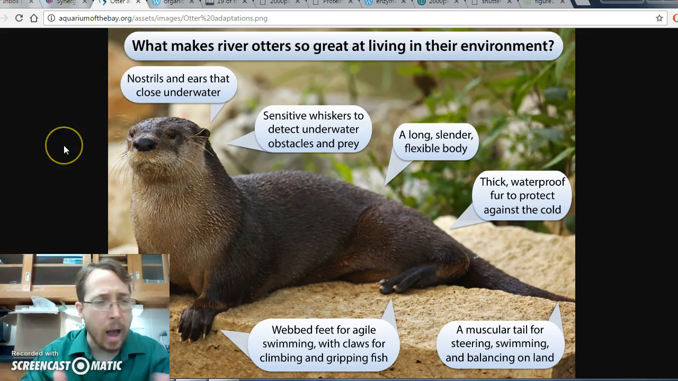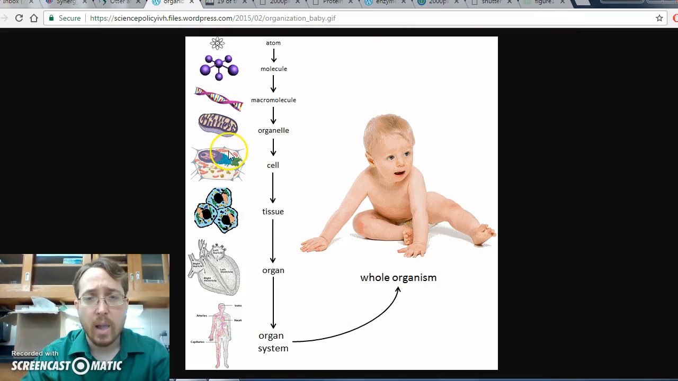Now, how do we build adaptations? How are all of these different adaptations made? Well, the adaptation is built from the organism's body, and so we have to figure out how organisms are built to understand adaptations. And they are built here. You have the whole organism, and that organism is divided into organ systems, like the digestive system or the circulatory system, and those are divided into organs, like the heart or the stomach, and those are divided into tissue, which